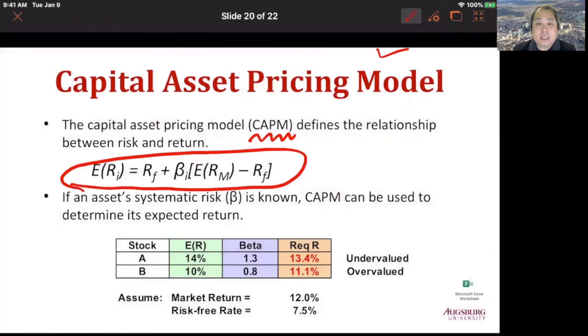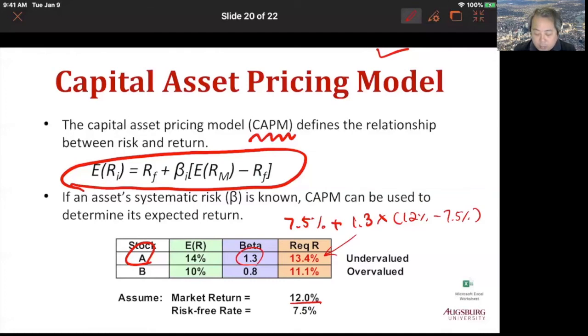As we see in the table, we can compute the required returns using beta, market return, and risk-free rate. For A, it will be 7.5% risk-free rate plus beta 1.3 times market risk premium, 12% minus 7.5%, which gives 13.4%. For B, same way,